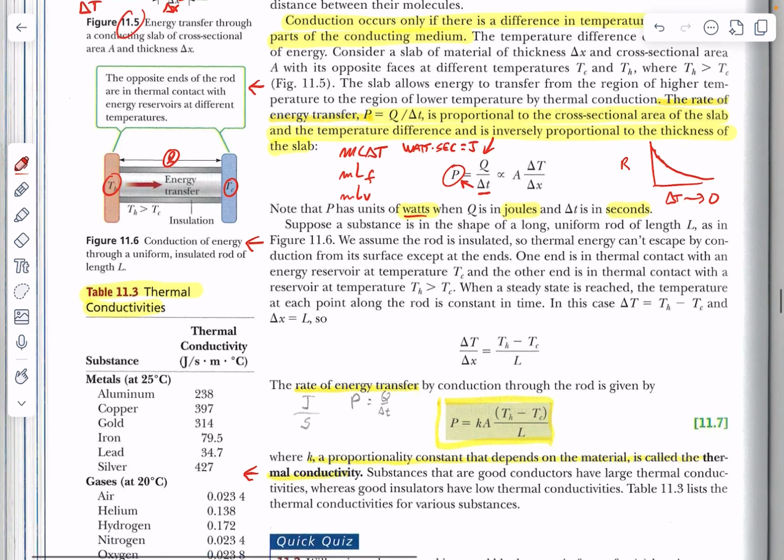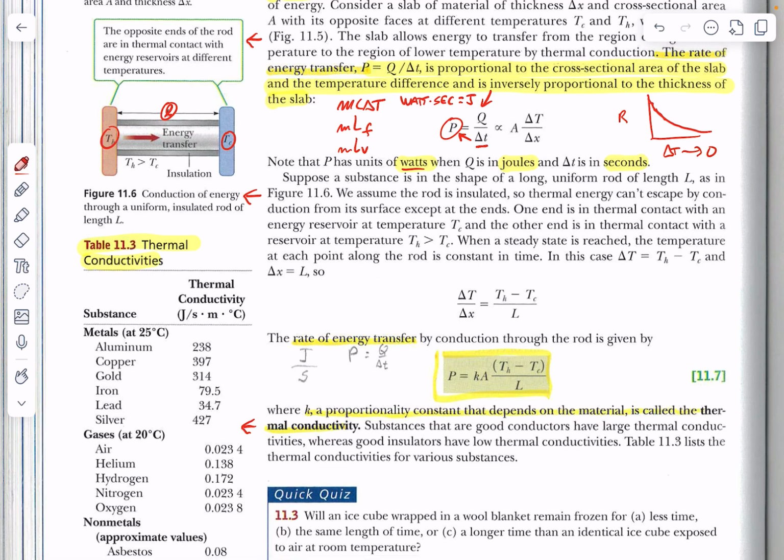Now, moving on down then, this amount of heat that changes per time is going to be proportional, first of all, to the cross-sectional area. Is it a narrow wire, for example, that the heat's trying to get through? Is it a large, wide open space? But that cross-sectional area is proportional to the rate of heat transfer. It's also proportional to the change in temperature, and it's inversely proportional to the length through which the heat has